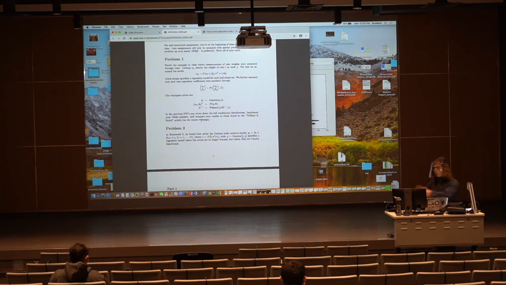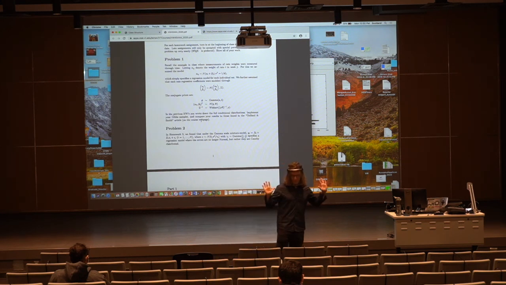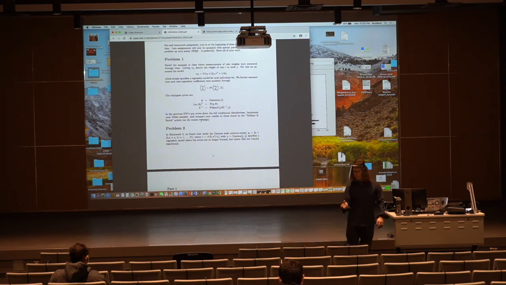If you want to transform back to their scale, so say you're working on the precision scale and they're working on the covariance scale, and you want to do the transformation, all you have to do is each matrix that you get out of the simulation, you just invert it. And that will take care of everything. No Jacobian required because it's a discrete sample from something. So on a computer, there's no such thing as a continuum. Just do the transformation automatically. And you should be able to compare everything to it.